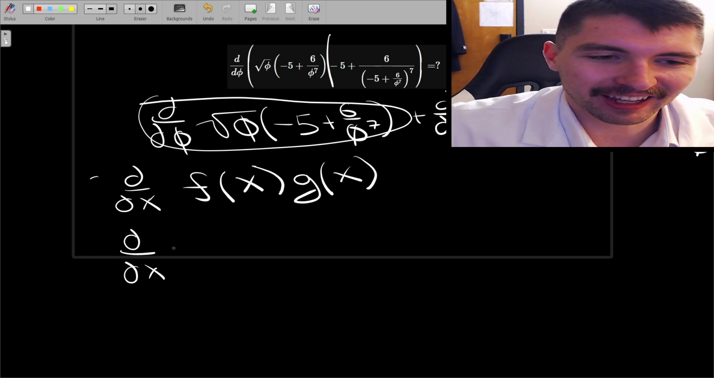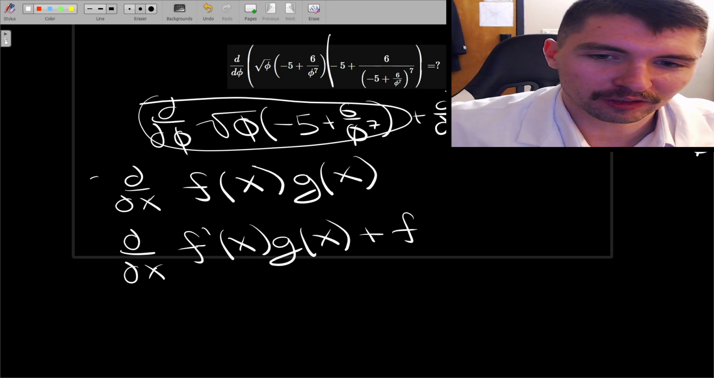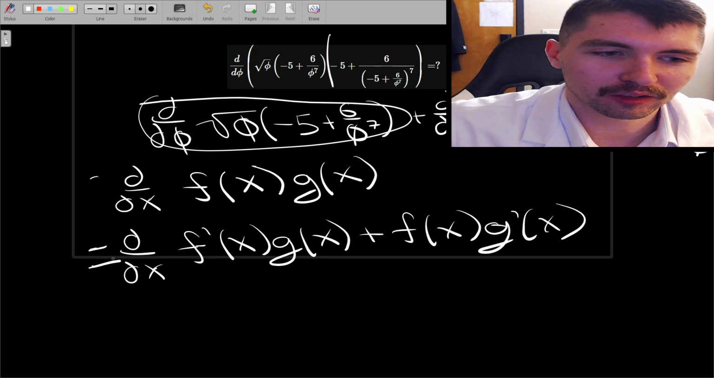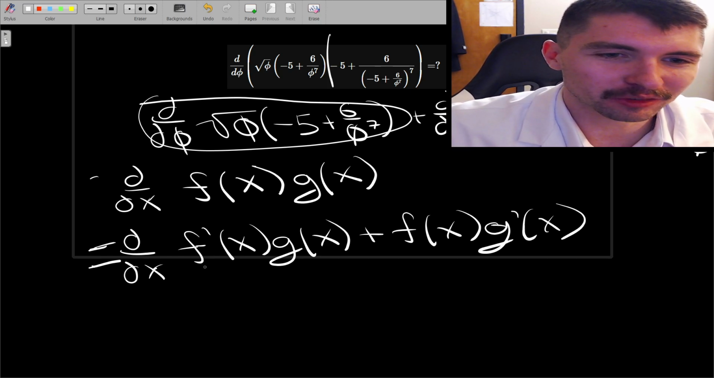Off the top of my head, I should have practiced this a little bit more before I started recording, but I think it's going to be like the derivative of this plus this times g of x. So I think that's what that would break down into. I'm just giving you an abstract level. If you want me to actually do this,